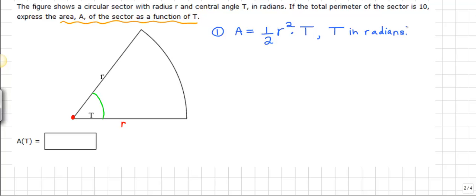Okay, so right now area depends upon both r and t, and you want it to depend only upon t. So this means that we need to find a way to replace r in terms of t,